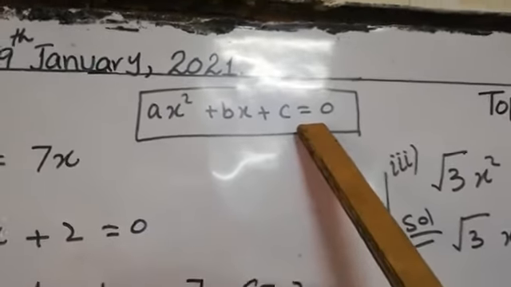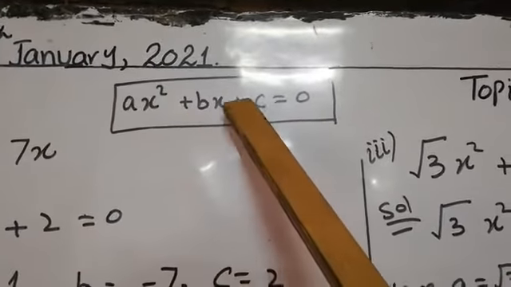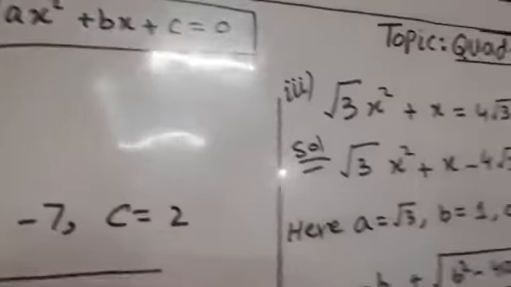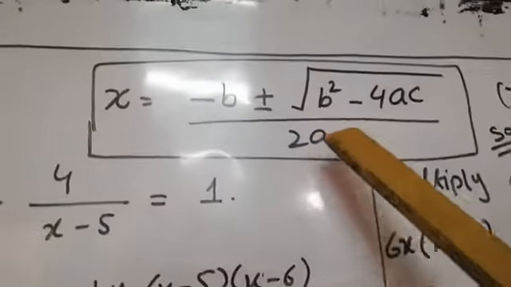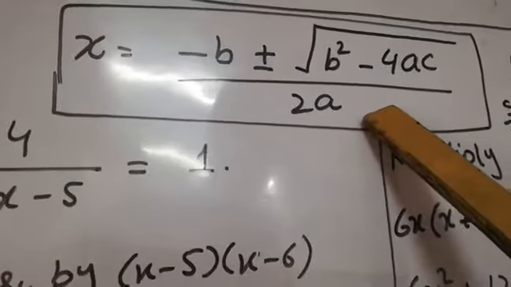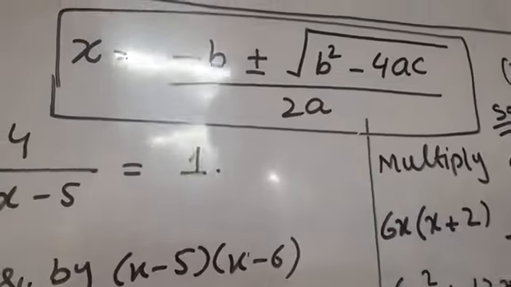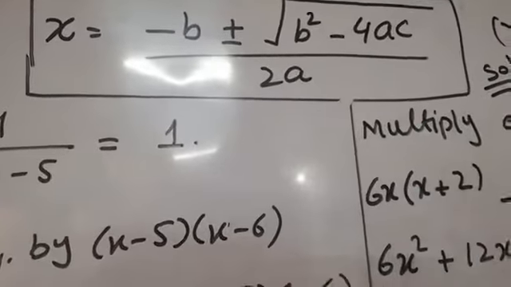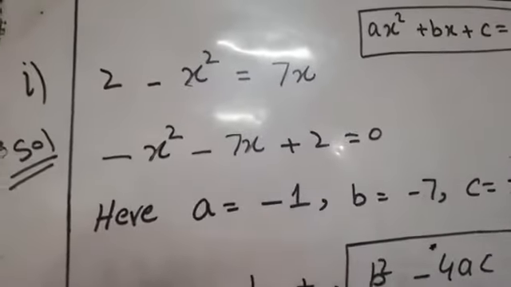This is the standard form of the quadratic equation in which a is not equal to 0, and a, b, and c are constant values and x is the variable. And this is the formula of the quadratic equation which we have derived from the standard form by using the completing square method. By applying the completing square method, we will find this quadratic formula. We will derive this. This is the quadratic formula, and with the help of this we will solve exercise 1.2 from the Punjab Textbook Board, Bahawalpur.